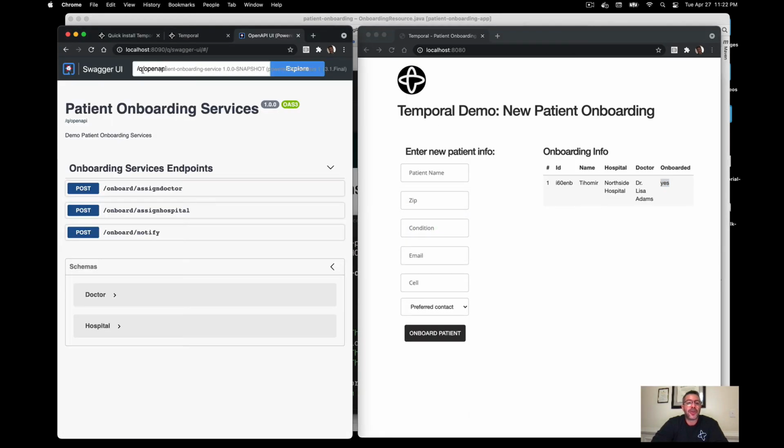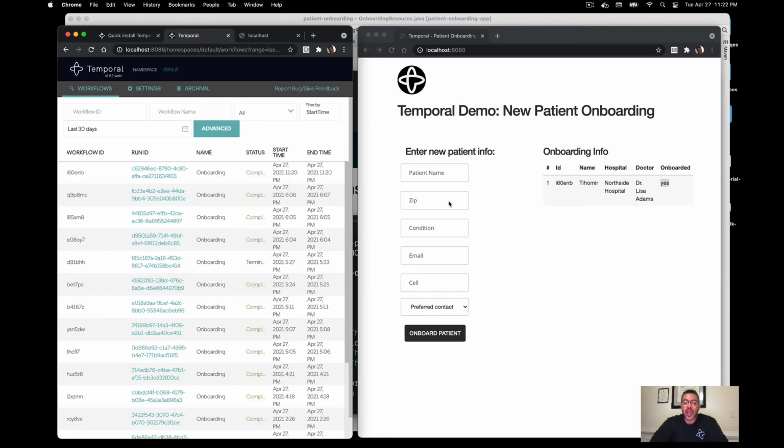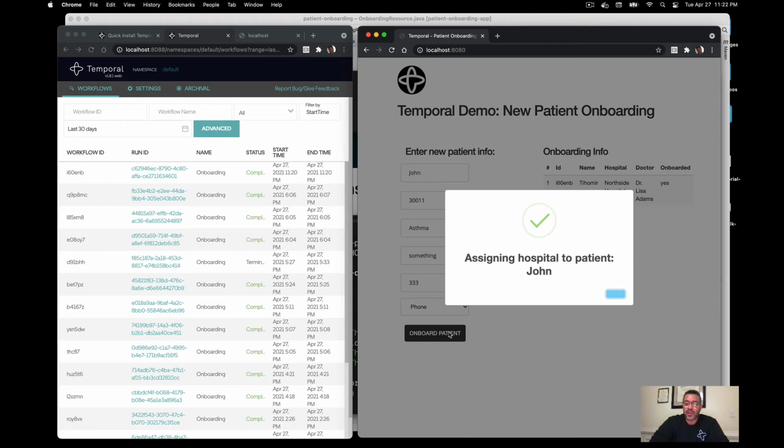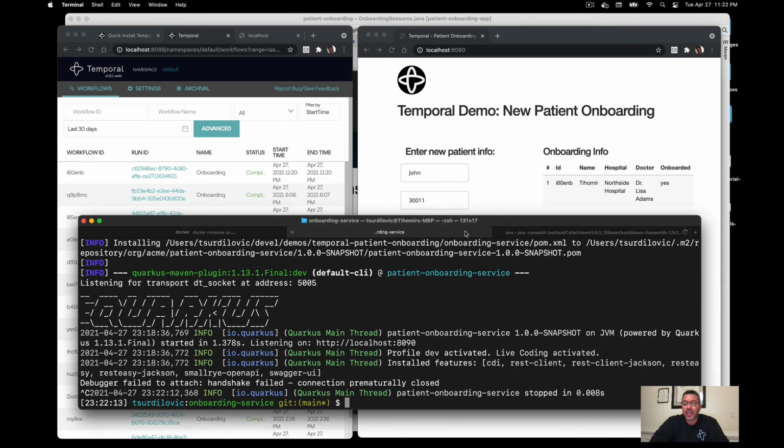So if we go back here, we can see that our third-party services are down. And let's say we didn't know about this and we are currently onboarding a new patient. So he has the same condition. And let's say he wants to be contacted over phone. Now we're going to submit this form, which is going to start a workflow instance. But as soon as we get to the first activity, basically we're going to get a failure. The activity is not able to contact our third-party service. And as we see here,